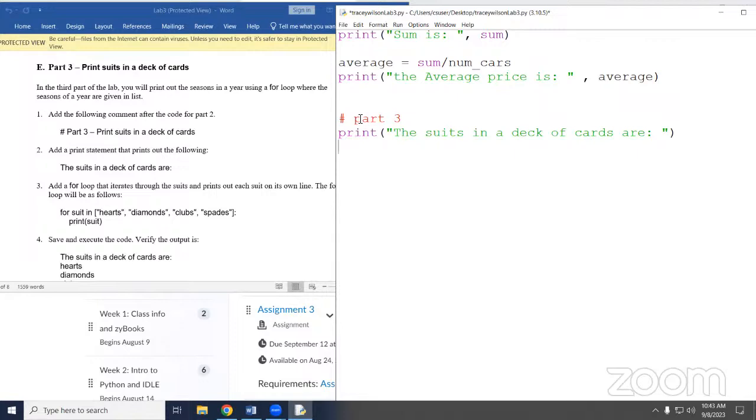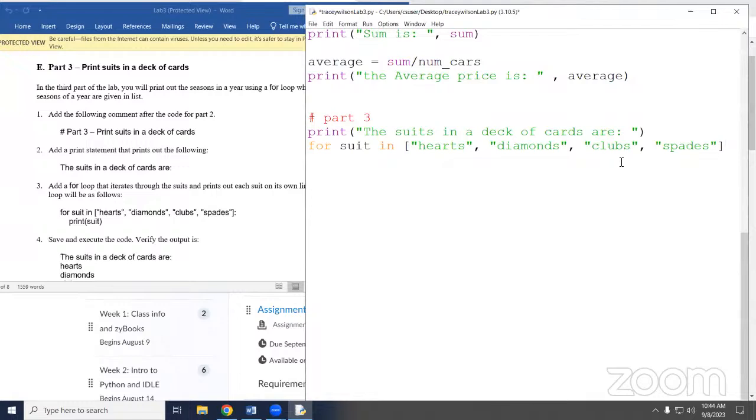So in here, now I want to do a for loop, for suit in. Now, what this is telling me is that for some variable, and I picked suit as the variable because that's what we're talking about, right?